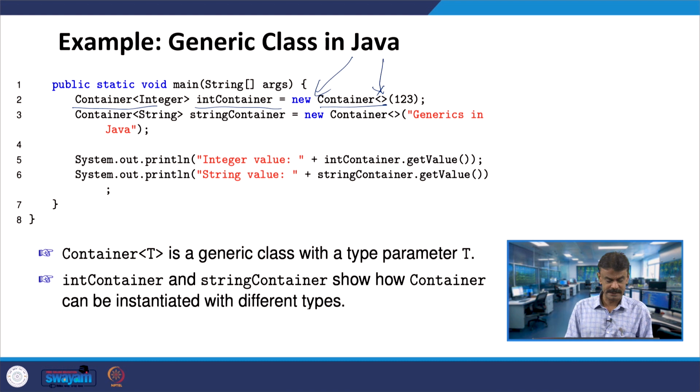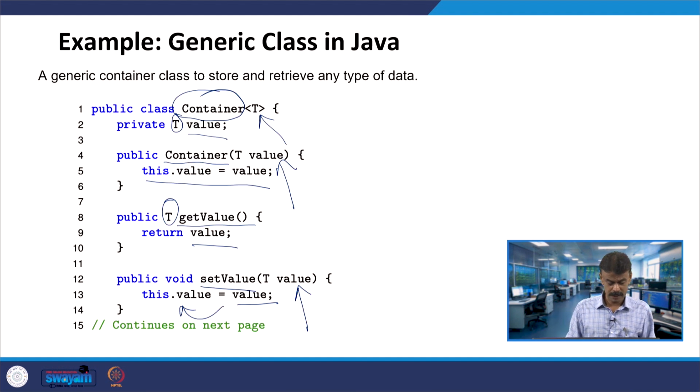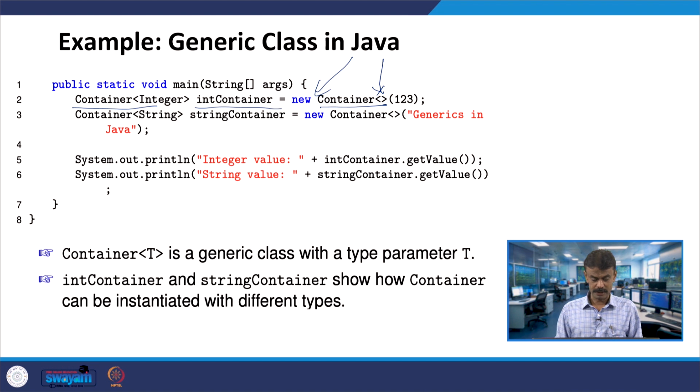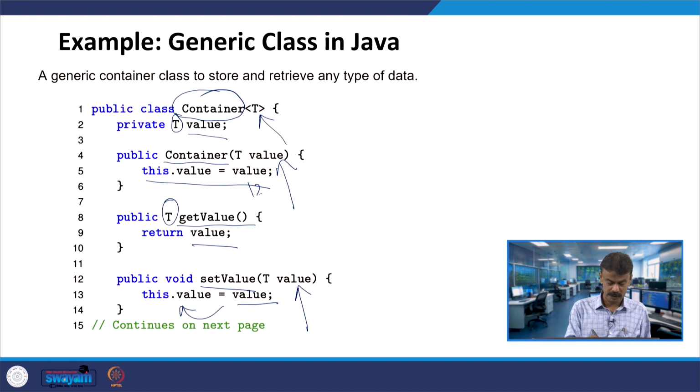We know it is an integer, and in fact here you write Container of Integer. So it calls the constructor Container, value is 123, this dot value gets the actual 123.